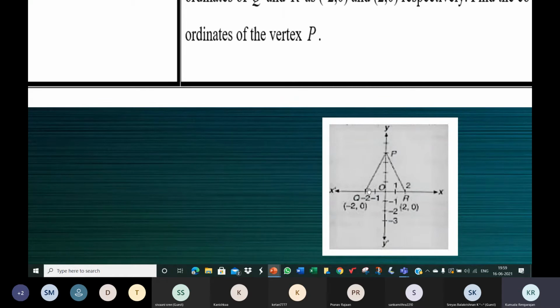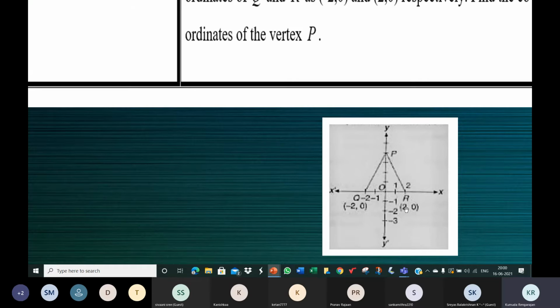Now, when you know the side of the equilateral triangle, how do you find the altitude? Root 3 by 2 into side. Root 3 by 2 into 4. So cancel. 2 ones are 2, 2 2s are 2 root 3. 2 root 3. The value of 2 root 3 is close to 4. It's not 4. It's close to 4. So this point P will lie somewhere below 4 on the y-axis.